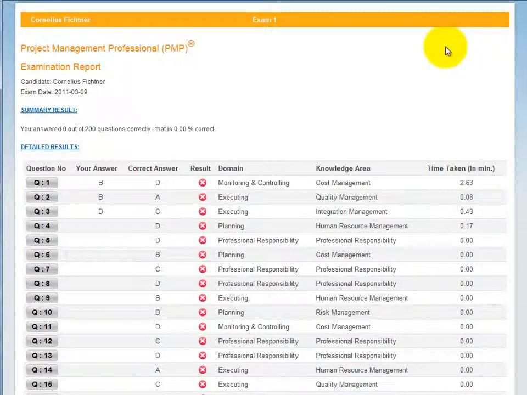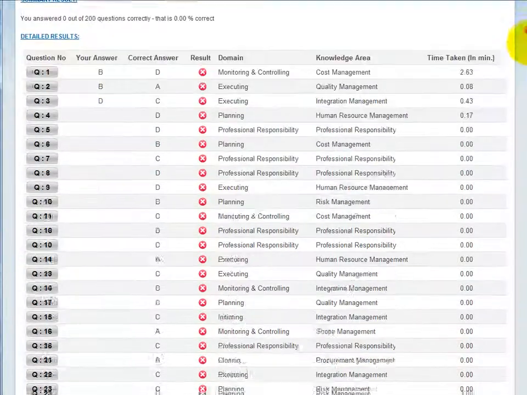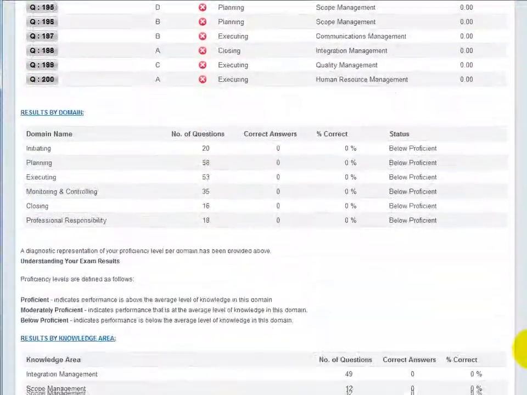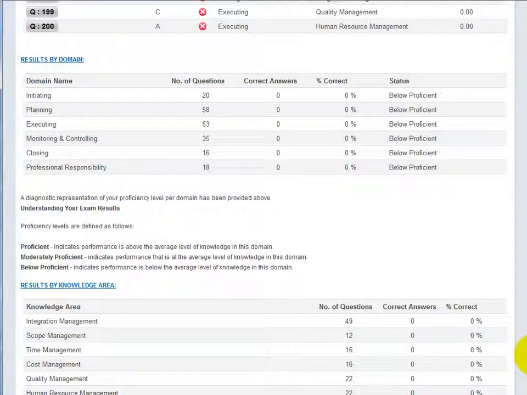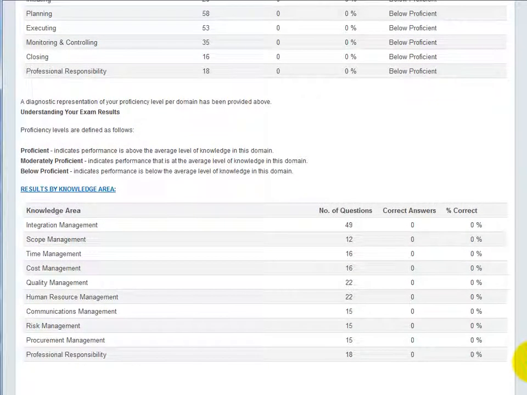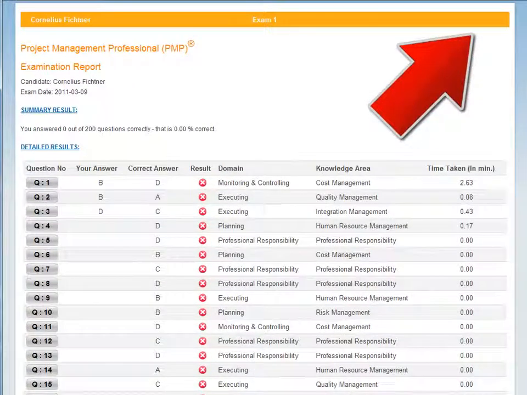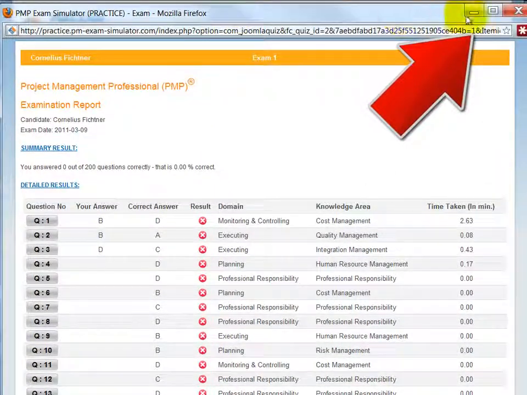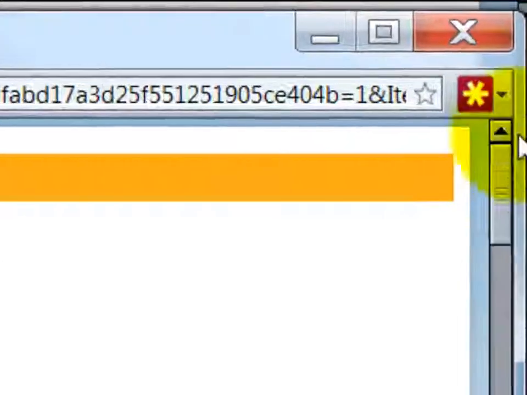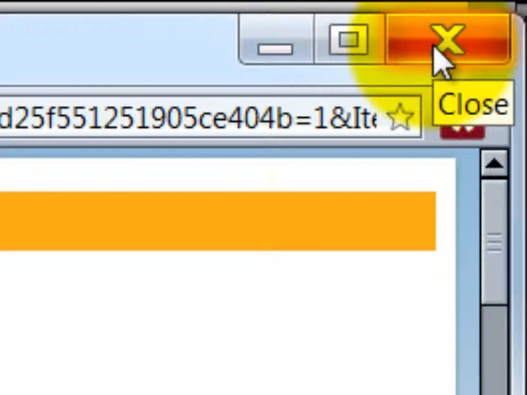This result examination report here that you see on the screen is also sent to you via email. And at the bottom of this, you will also notice that there are detailed results by domain and detailed results by knowledge area. In order for you to exit this particular screen here, what you will need to do is click on the red X at the top right of the screen.